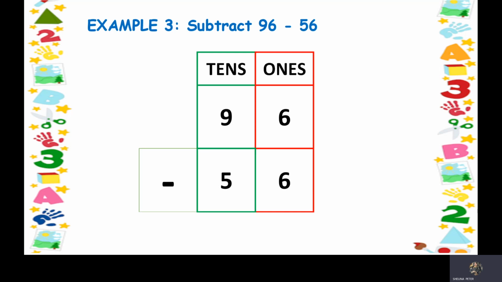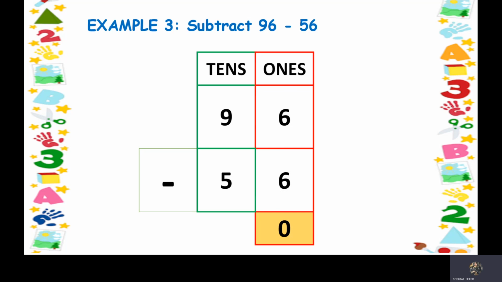Then we have to subtract these numbers starting from ones place. So as you can see here, we have 6 and again 6. So keep 6 in your mind, take out 6 fingers. Are you ready to count backward? Let us count. So we will count backward. 5, 4, 3, 2, 1, and then we will get 0. So 6 minus 6 is 0. That means whatever you had, you have taken out all the numbers. 6 minus 6 is 0.